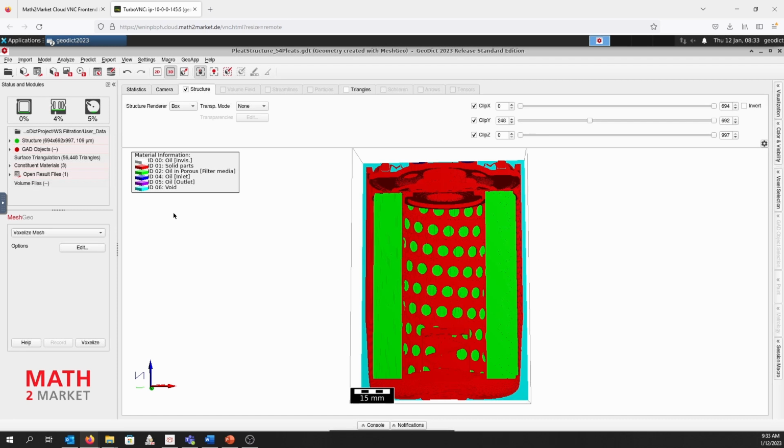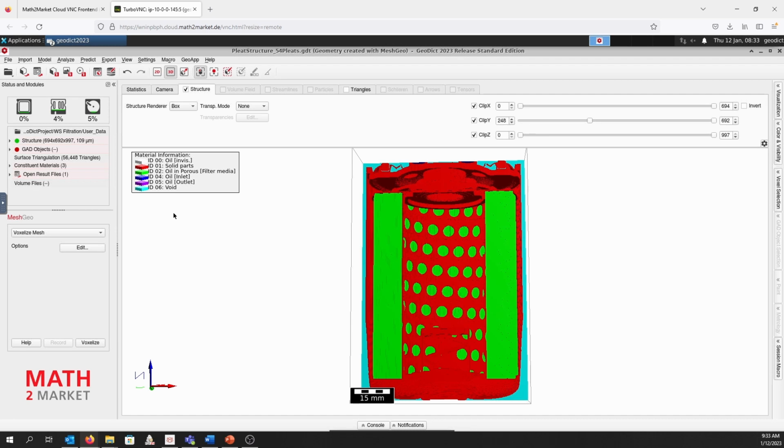Maybe you want to also try one of the M patterns to see if in your case, for example, an M pattern pleat would have some of the parameters which you want to achieve in your performance. And then when you have all these geometries generated, you could run it either by Python systematic simulations. So GeoDict would run each simulation one after another, or when taking, for example, the cloud computation capabilities, all at once.